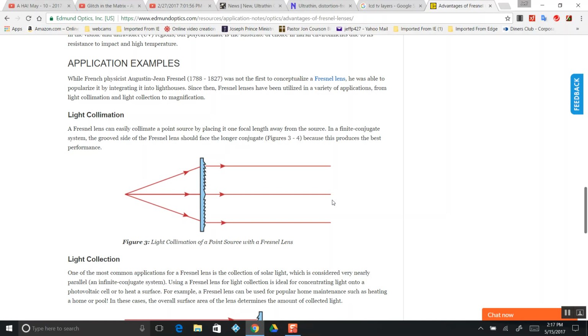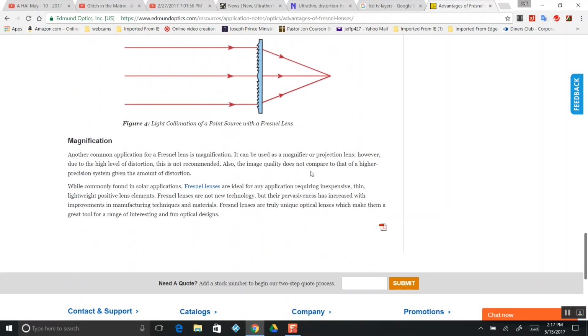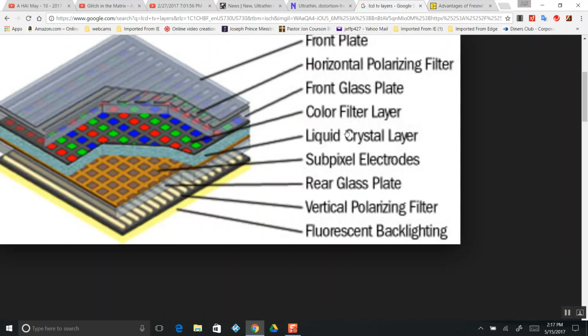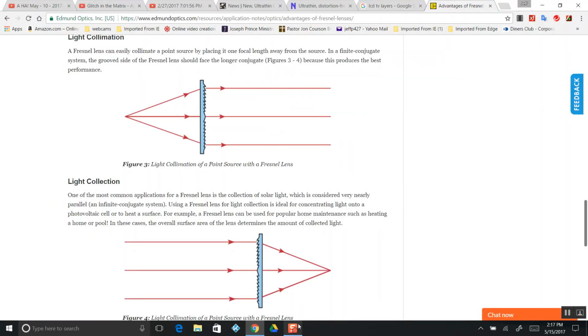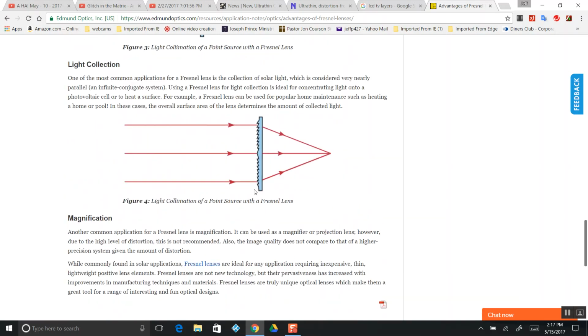I have more of this, and perhaps in the future I'll make it more detailed as I continue to fill in the puzzle pieces of this sun simulator mystery. I don't have all the pieces. I don't know exactly what the complete thing looks like. It's all theories, but it's getting harder to break these theories. So one other purpose is light collection, where you can see the light is collected and then used as a focal point for solar cells and stuff like that.